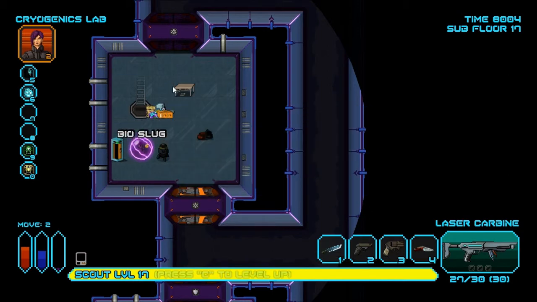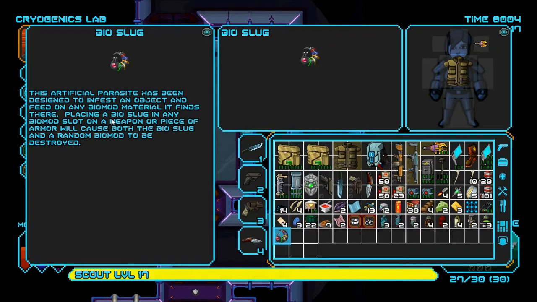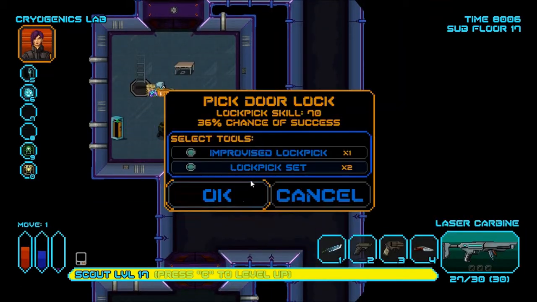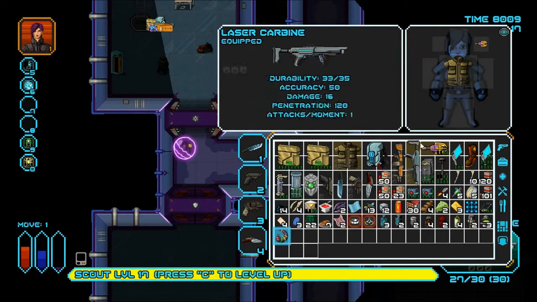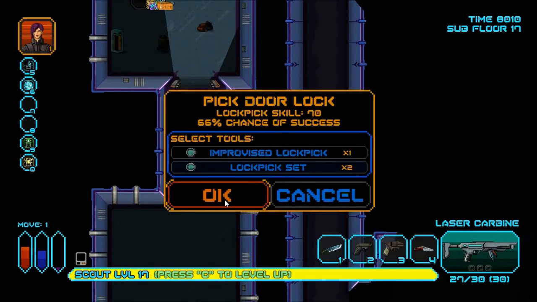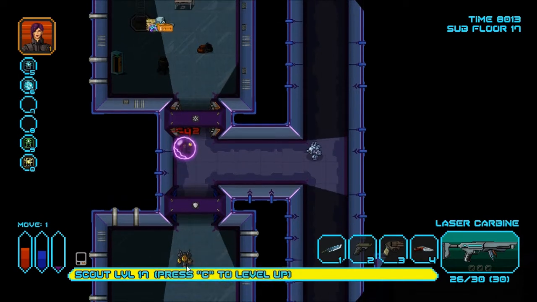It's a bioslug. For whatever reason, the description doesn't show up unless you right-click on it and select info. What it does is you can insert it into a weapon or an armor with a slot open, and it'll destroy a biomod in there. Oh, I should unequip my Squawker drone soon, after I finish fighting these robots. So it's a way of testing. So yeah, that biomod is a way of...